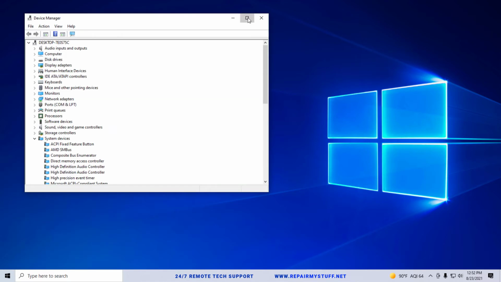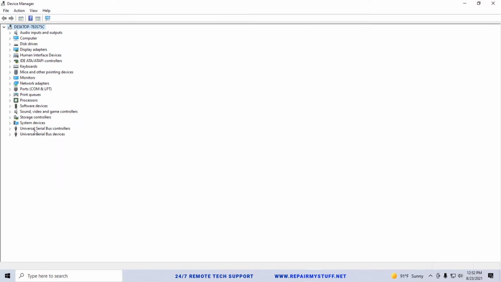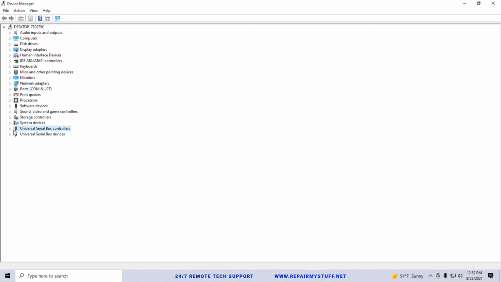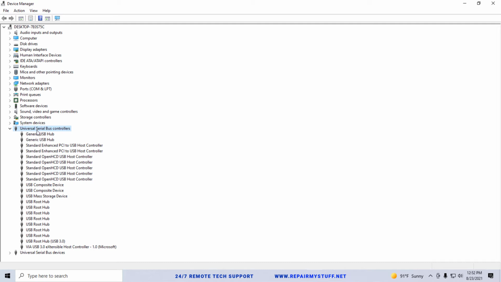When you get to device manager, you're going to scroll down to USB serial ports. You're looking for your main one, so let's keep that in mind. It looks like this one is for a phone. This one is my main one with all the subsequent ports on your computer. Click on it. You're going to drop down, but you're going to click on the top where it says controller,